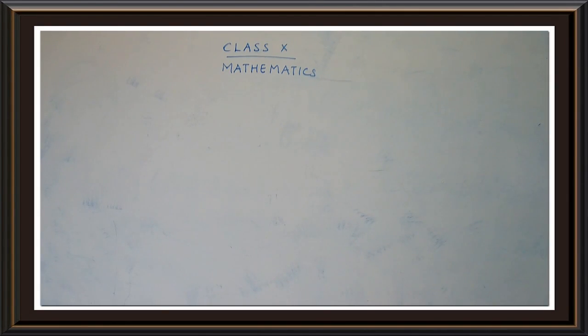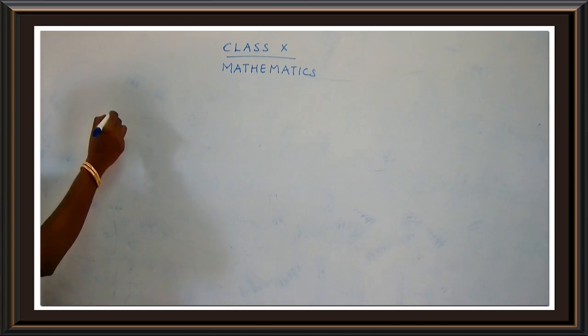Hello children, let's come back to our maths class. Today we are going to continue with a new topic, Unit 4 Geometry. In the previous class I gave you a rough idea of what a congruent triangle is and what a similar triangle is. What was a congruent triangle, children?